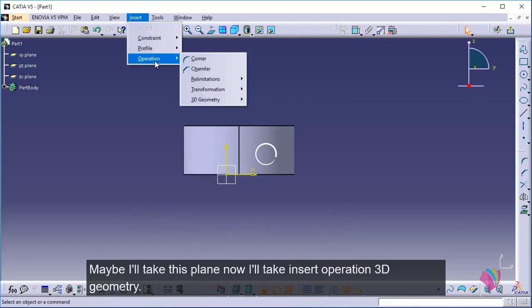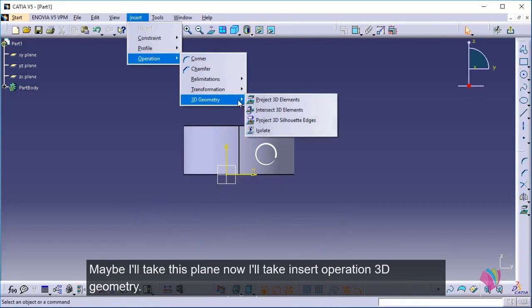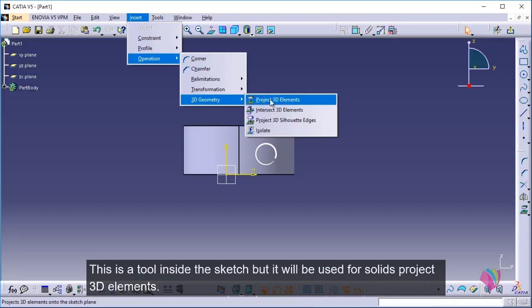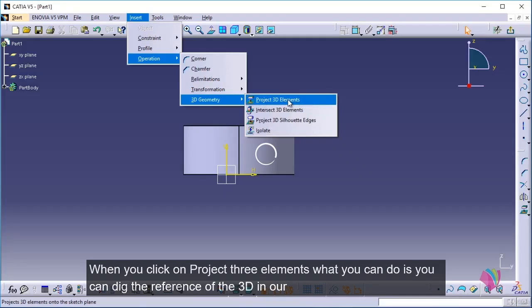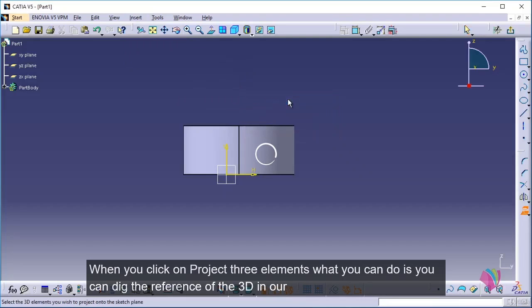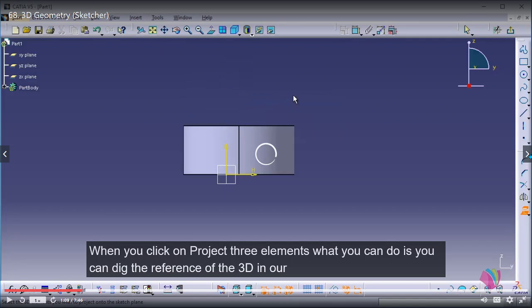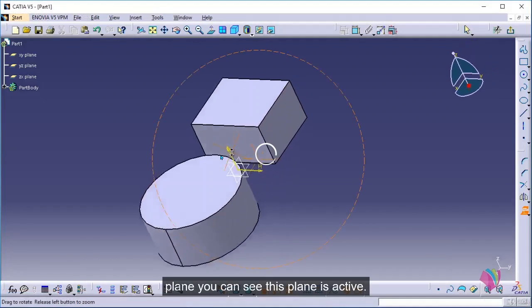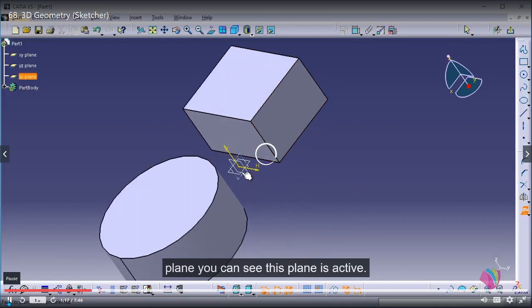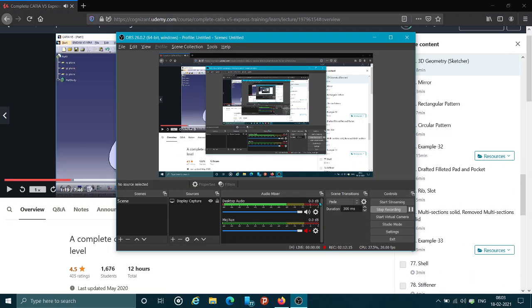Now I'll take insert operation 3D geometry. This is a tool inside the sketch, but it will be used for solids. Project 3D elements. When you click on project 3D elements, what you can do is you can take the reference of the 3D in our plane. You can see this plane is active. That is, we are on